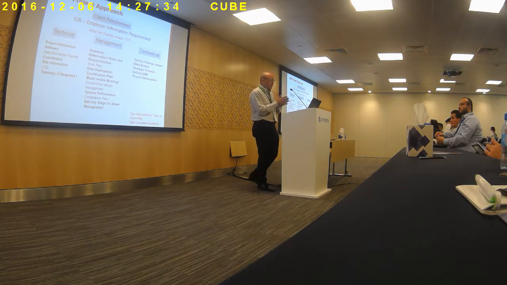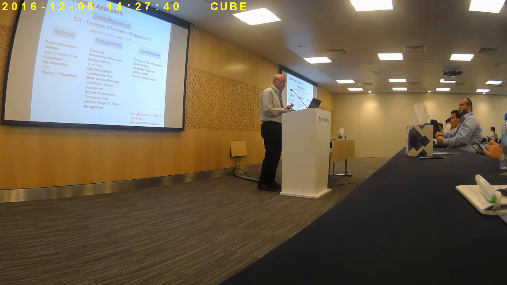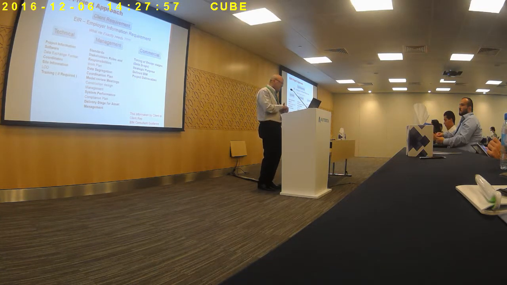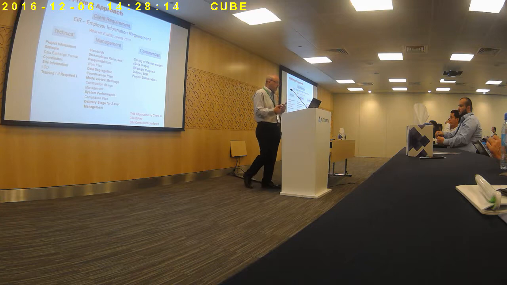Roughly the client requirement, or the EIR, is based on three things: the technology, management, commercial. But sometimes the client knows about it. That's very rare. The client or developer knows what's going on. Most of the time, they just request a BIM project. But at least you have to know what the client wants. If your client knows what's going on, you have to expect that the client requirement will go through these three major topics: technical, the software, the level of detail,